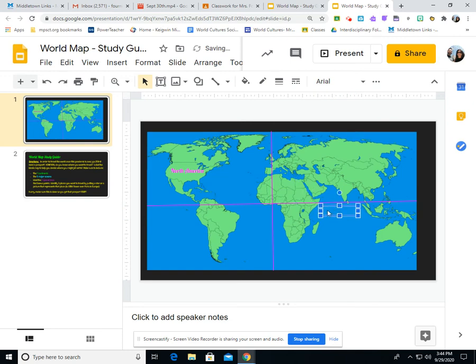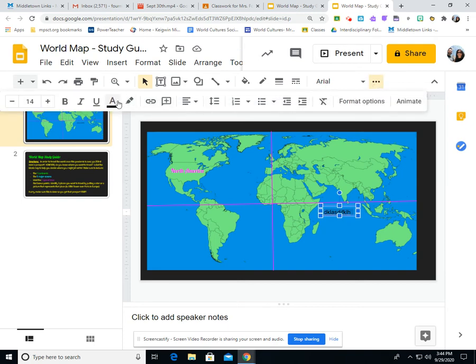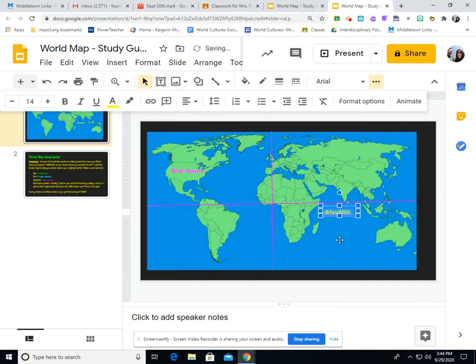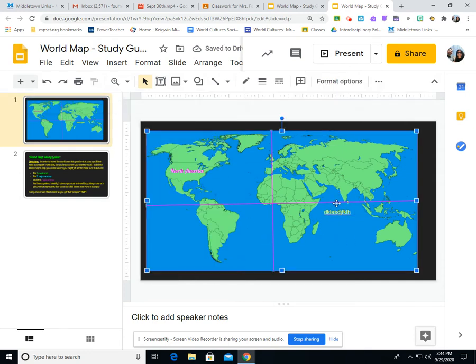And again, type the name of the ocean. Now, if it doesn't show up, it's a little too dark, just go ahead and change the color. I'll make it bright yellow. Okay? So you need to have the 7 continents labeled, 5 major oceans, and then the 2 special